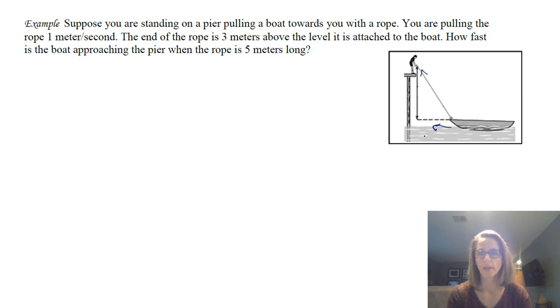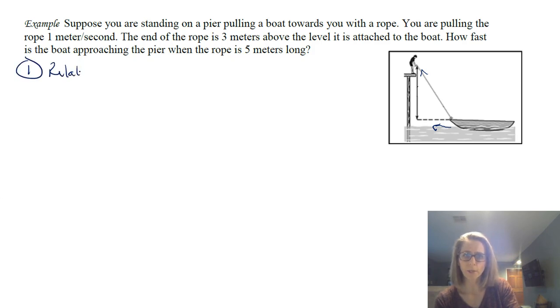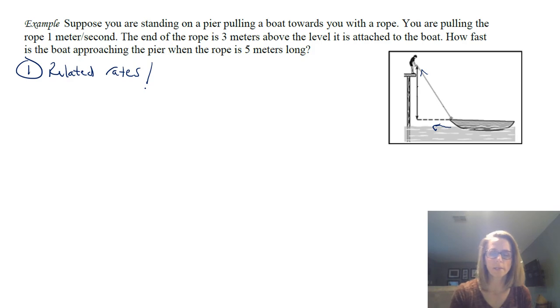So one important thing to see is that our first step is just to recognize that this is related rates. I write that again because we are going to see optimization in the future, and those are the two big word problems we see in the course, so being able to distinguish between the two. Now, in the last example with the balloon, I was talking about how a lot of old school formulas come in, area of a circle, the volume of a sphere, things like that. Another really common thing to see with related rates is some relationship between the sides of a triangle.